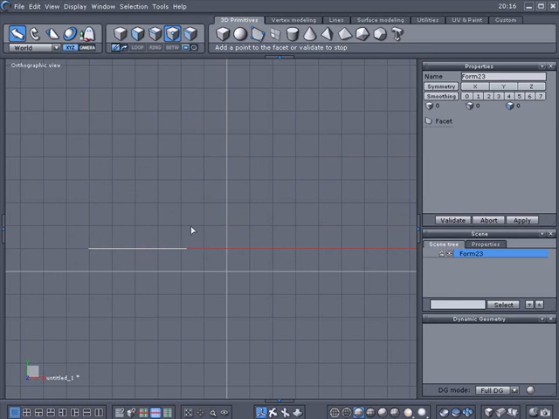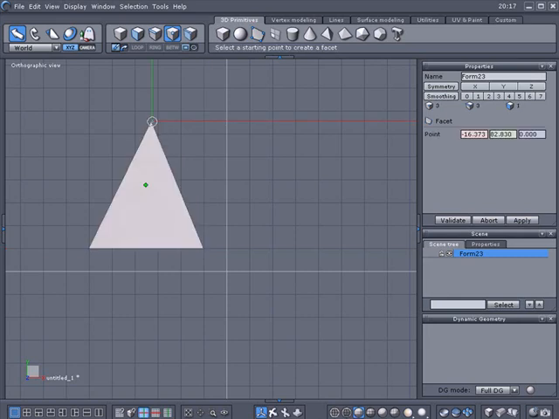If I move my cursor up and down, it don't go anywhere but sideways. So I'll click a point here, tap the space bar, and tap it again, and I will double click to validate it. I have three points that made up a face here. As you can see, I'm still in this mode here,